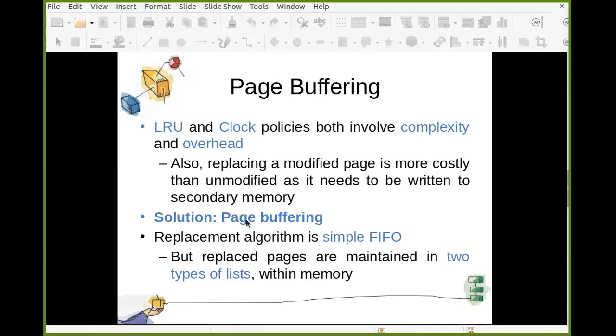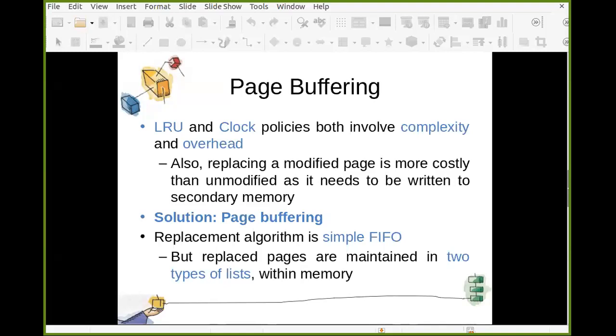What is the problem with FIFO replacement policy? Can anyone tell me? What is the basic problem with FIFO policy? The basic problem with FIFO policy is that it is blindly replacing the page which has been in the queue for the longest time. But it is quite possible that the page which was just replaced may be used in the very near future, maybe referenced in the near future. So it will increase the page faults.